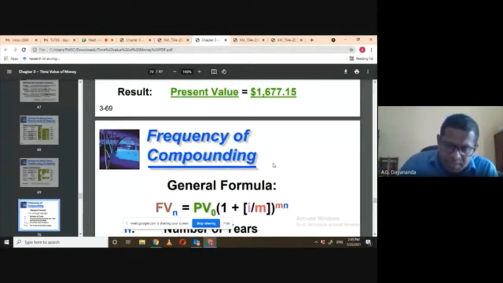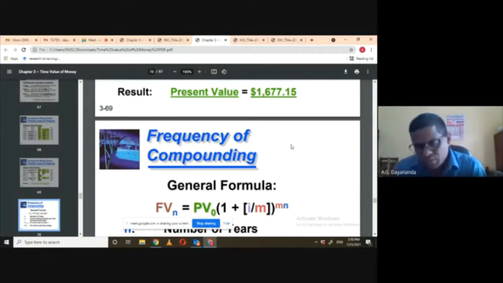Another bank might say our annual rate is also 12%, but we are calculating interest quarterly. Another bank might say we are calculating the interest weekly. Another bank might say the annual rate is the same, but we calculate the interest daily. So that is the frequency